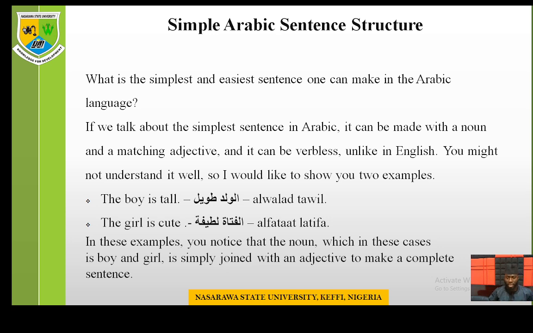So in this regard, if we look at these two examples that we gave you, you can see Arabic can accept noun and noun, and it gives you a full sensible sentence, which in English,